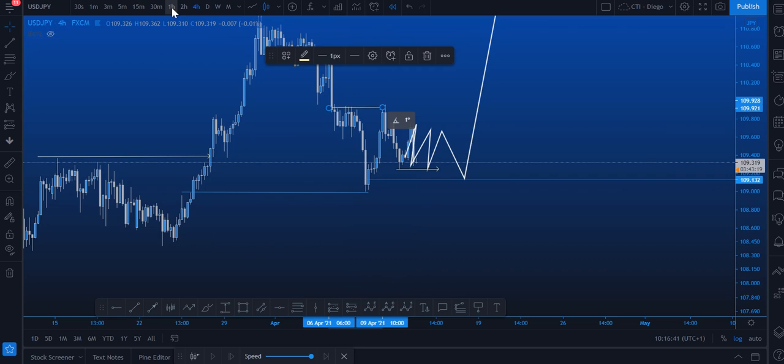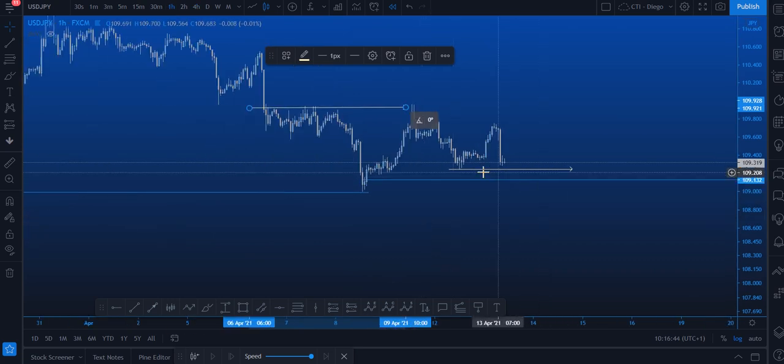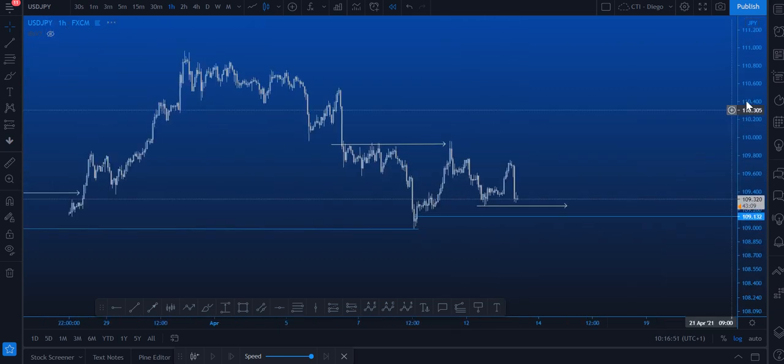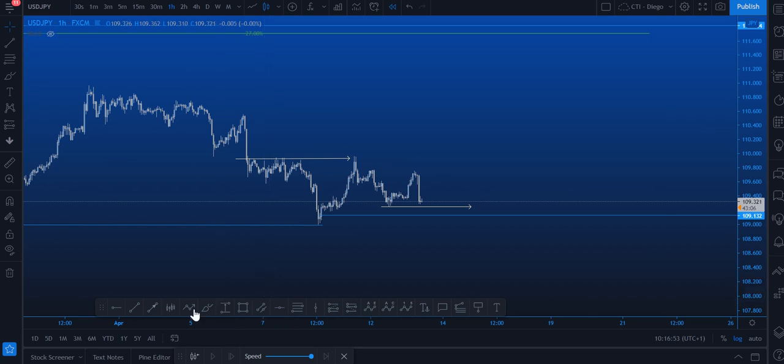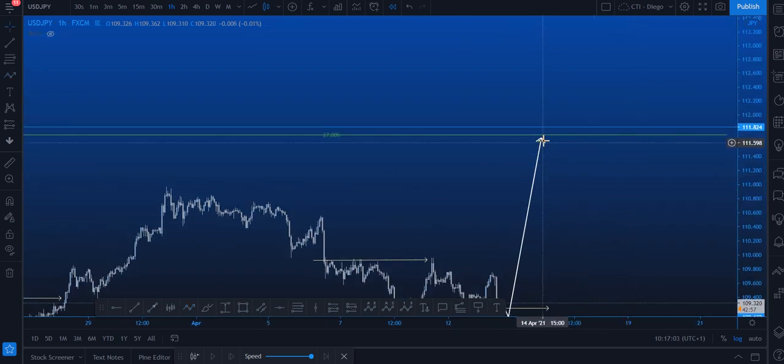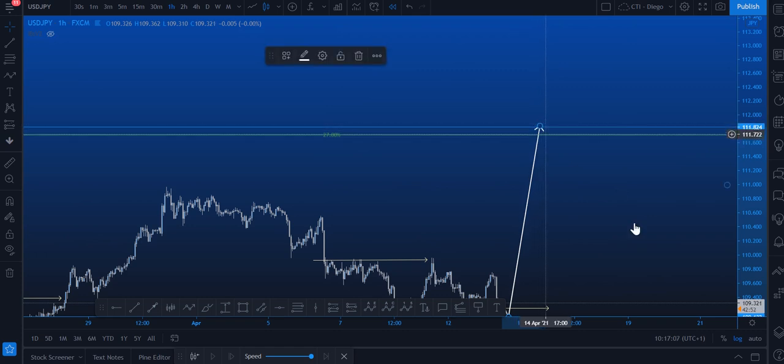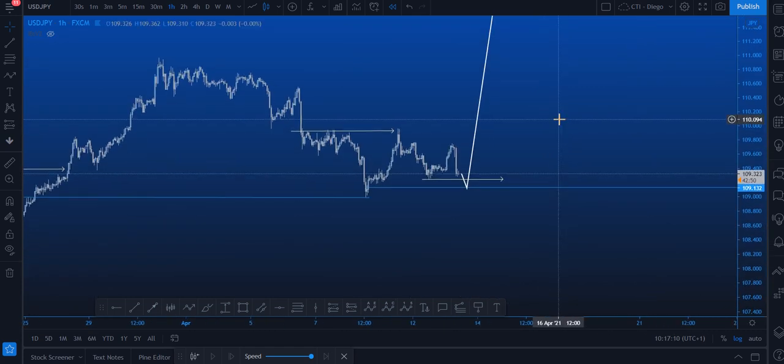If we zoom into the 1-hour time frame, we can see I'm already forecasting a potential double bottom, equal lows, and a rejection of this level. So just to keep it short and simple, I'm expecting on dollar yen equal lows, below the equal lows, and a rally to the upside to tap the level just above the minus 27% fib, as there's an unfilled level of liquidity just above. So it's really simple on this specific schematic. Next on the list is